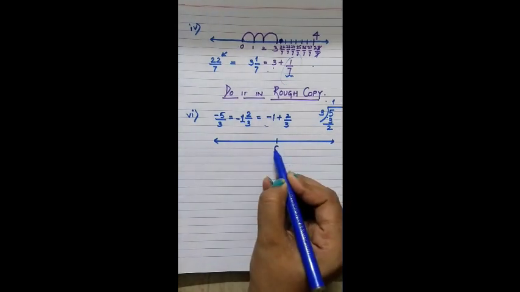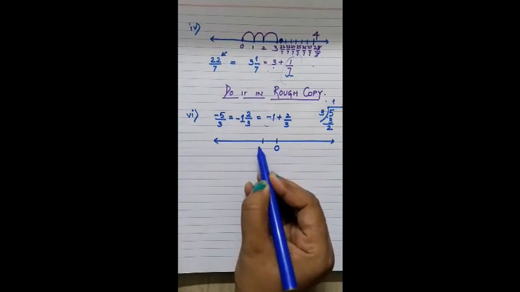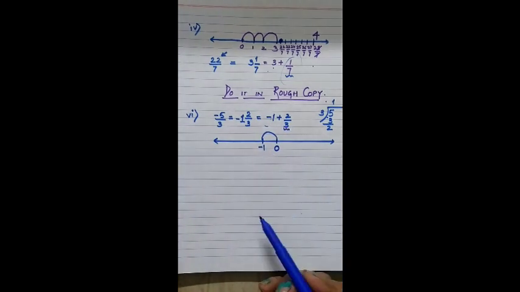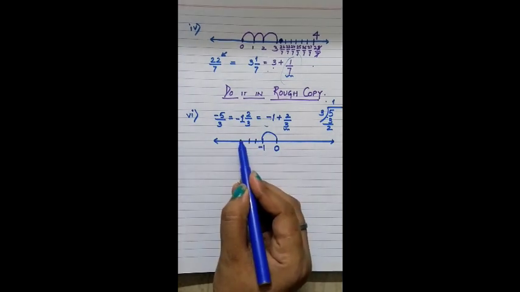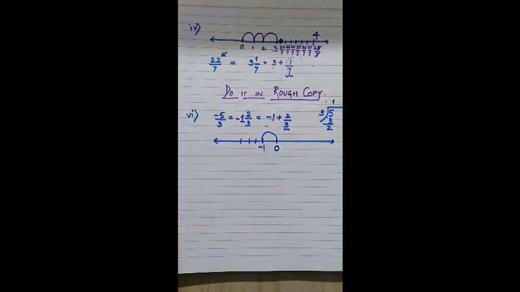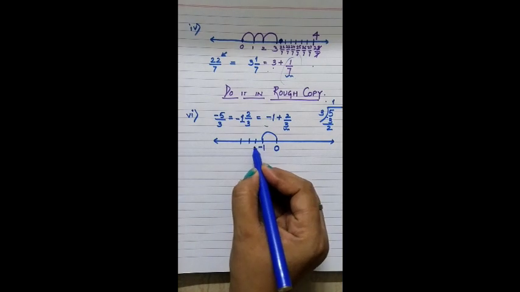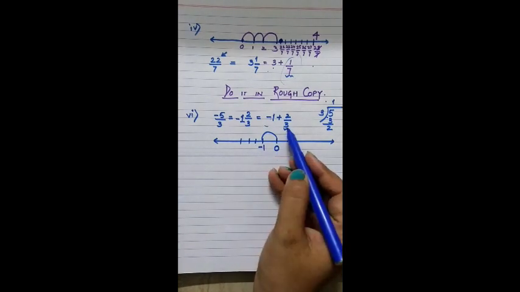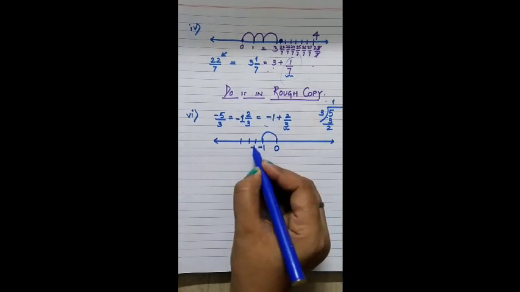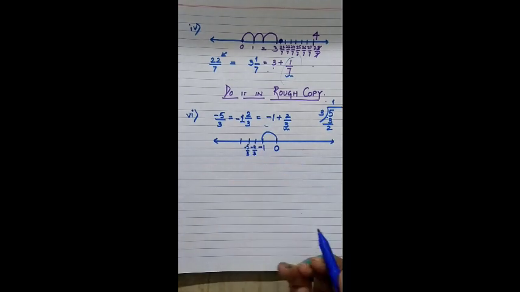So as I told you when we started, negative we are going to write towards the left hand side. So towards the left hand side, minus 1 is whole. Then we are going to divide it into how many divisions? 3 divisions. 1, 2 and 3. Okay children. And in between those 3 divisions, which part are we going to take? We are going to take the second one. So this will be, after the 3 we have minus 1, and then we have here minus 4 by 3, minus 5 by 3. Yes children.